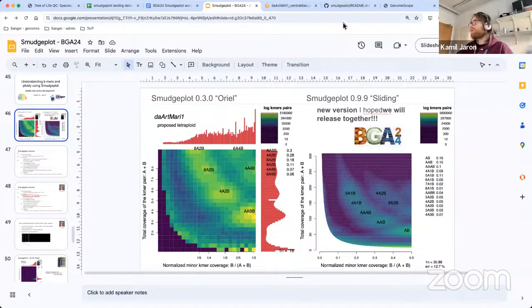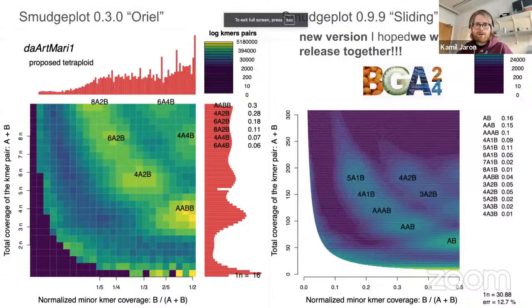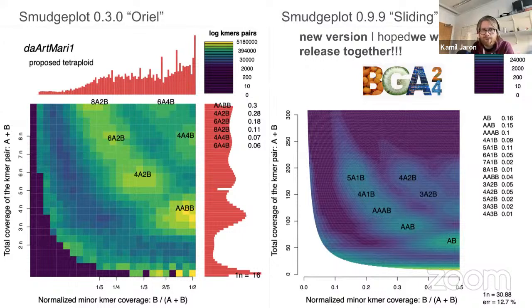Okay. Are you ready for this? This is not a very well practiced part of the talk, because I'm now doing a live dissection of how Smudgeplot is developed in front of you, walking you through the challenges, how they are solved right now, where we're going with this, and why we don't have the satisfying live release.